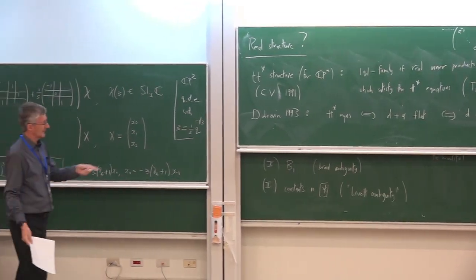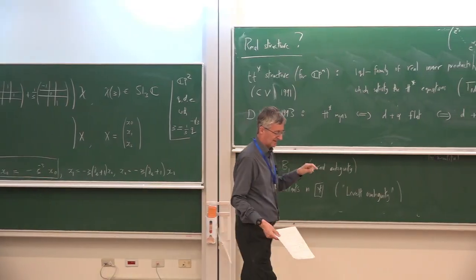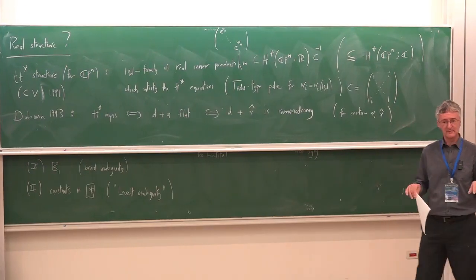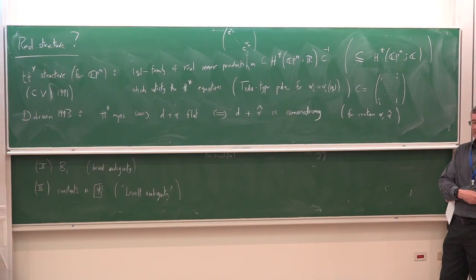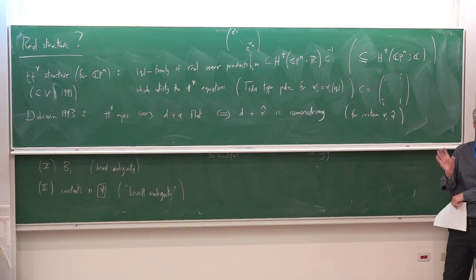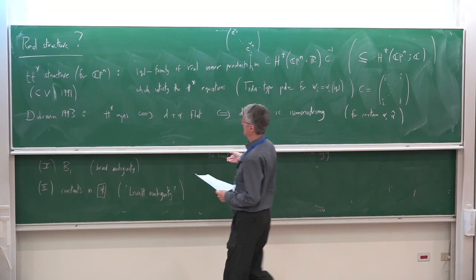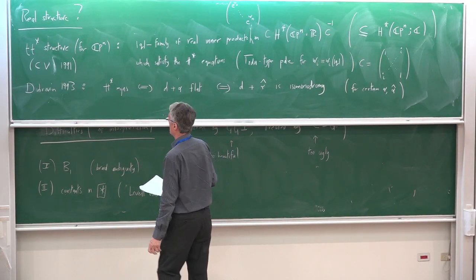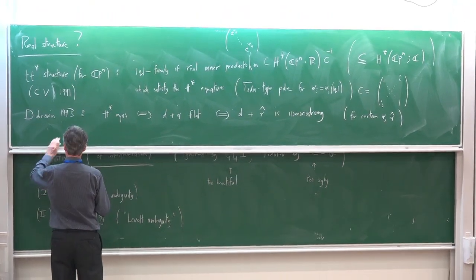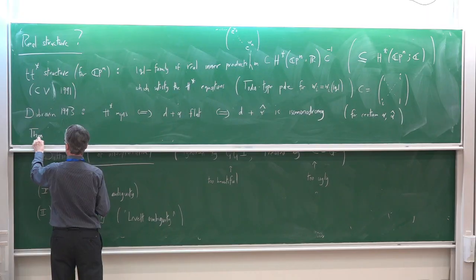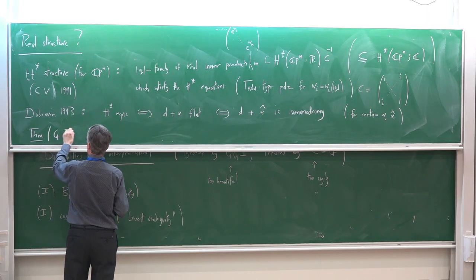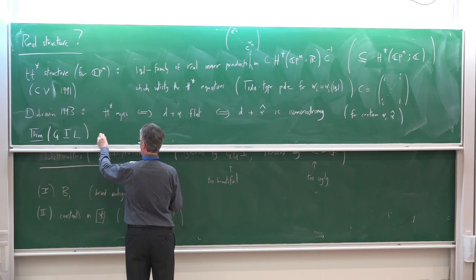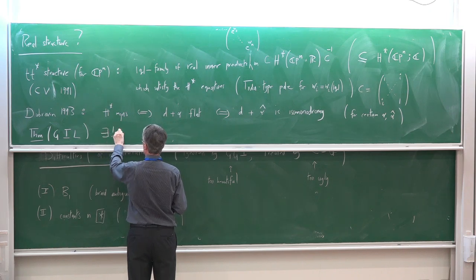The authors I mentioned, GGI and CDG, don't use this, although the early papers of Iritani did use this point of view. And in fact, the physics paper I mentioned yesterday, by Zaslow, explains this TT star point of view. So we have this, and we'll try to use it. The reason I can talk about this is because I know how to solve these equations in the CPN case. My joint work with Professor Guest, Professor Ito and Professor Lin is that we solved this equation. So there exists a unique solution